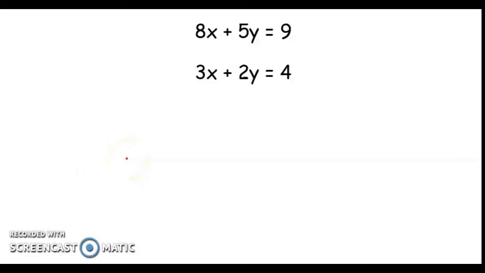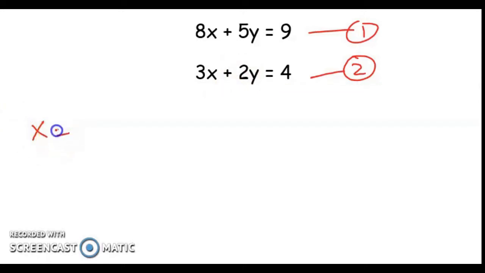Today we are going to see the very simple and short method to solve the linear equations in two variables. Let's see, here we have two equations. This is equation number 1 and this is equation number 2. Now here if you want to find out the x and y, then see the method here. First of all,